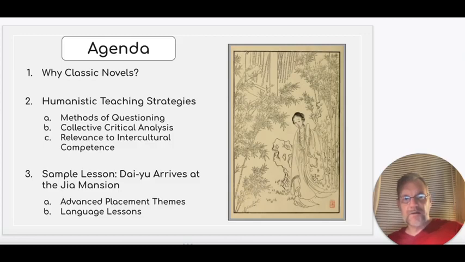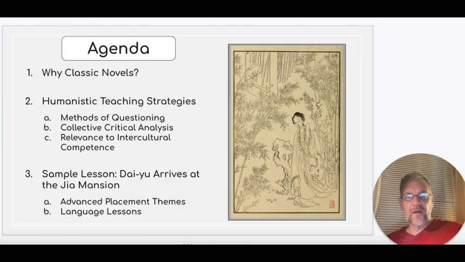and walk you through a model lesson on that story, which I would teach in English, of course, using a translation of The Dream of the Red Chamber, though you may take ideas for a lesson in Chinese, depending on your student's level. So in my lesson, I'll suggest some passages to excerpt from the classic novel and provide enough background to engage students' imaginations while leaving them some room to explore larger themes in a passage like that on Dai-yu's arrival.